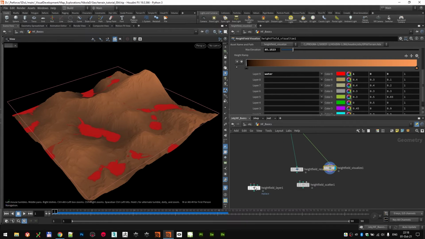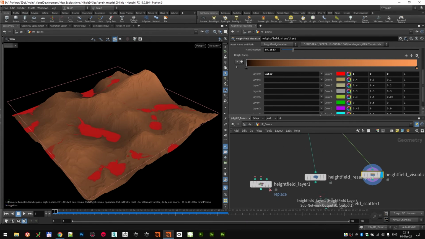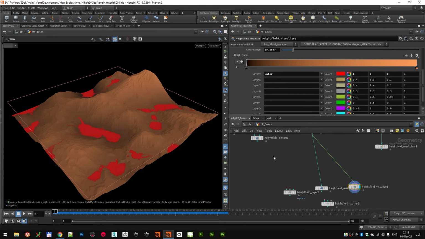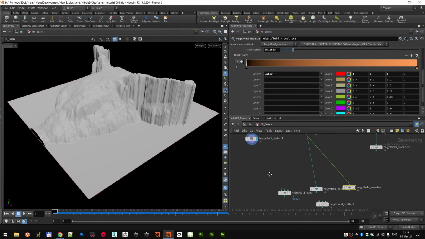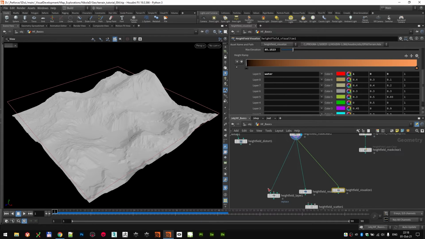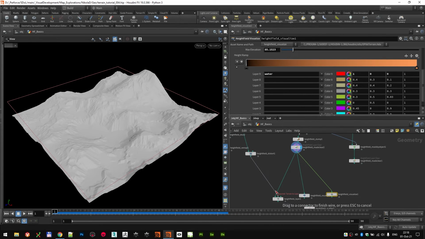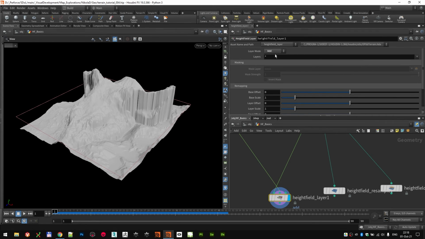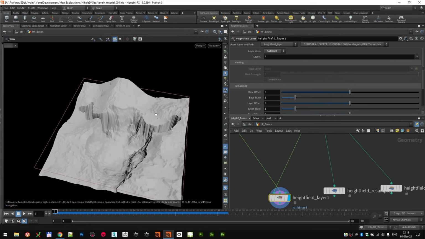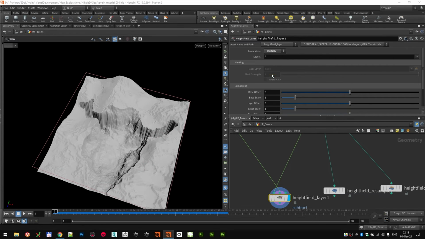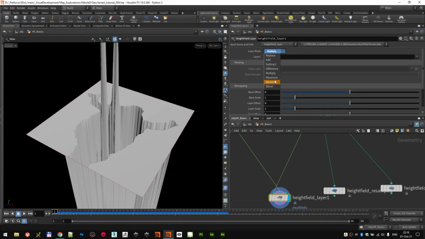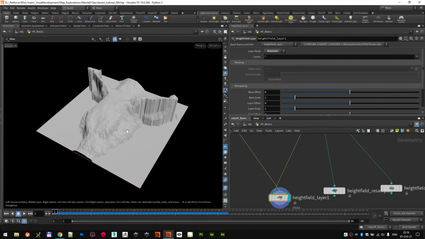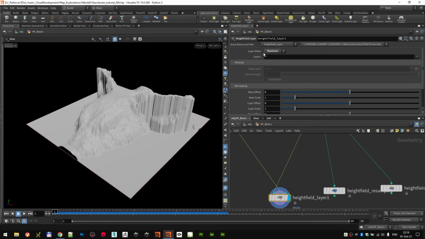Then the node, which is really powerful, is the heightfield layer node. What this layer node does is basically just combine two height fields. So let's say this is my base height field, and I'll plug this one into the second layer. If I come here right now, by default it's set to replace, but you can choose some other options. You can either add the height fields, you can subtract the second input from the first one, and your usual math operations. Max is the kind of interesting one because you can use the maximum one and then